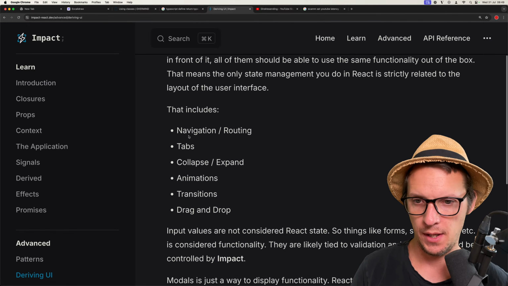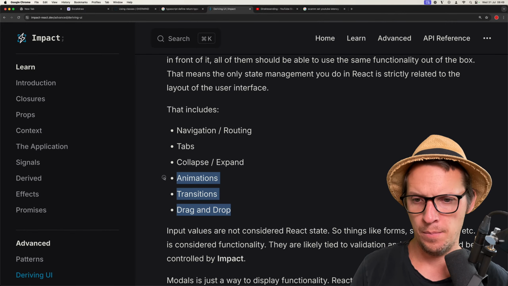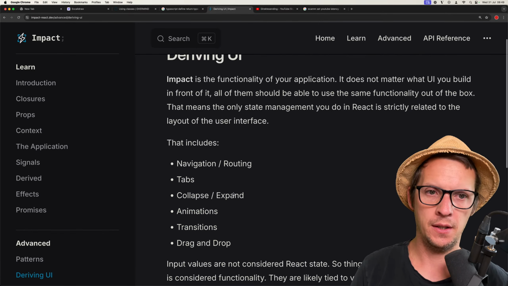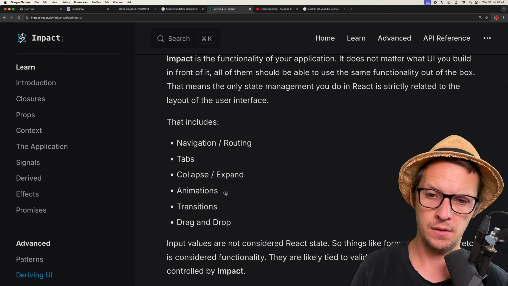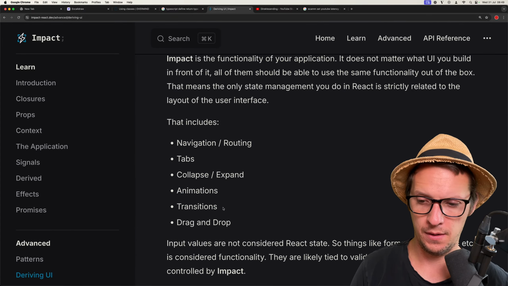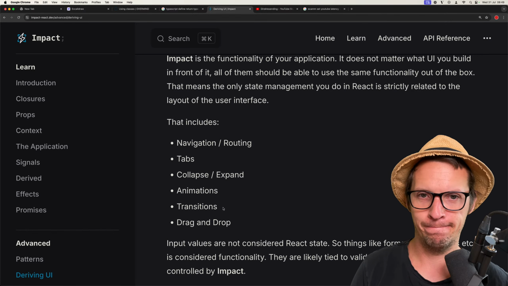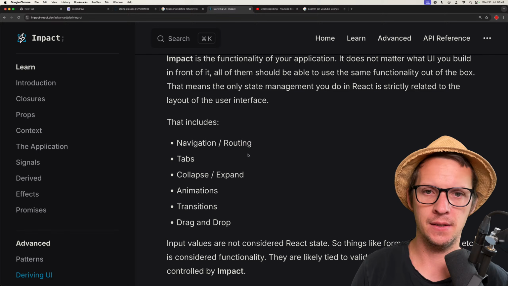What is UI state? Maybe a way to differentiate it is to not call it UI state, but call it element state. So animations is element state. Transitions is element state. But then what is routing? Routing isn't element state.